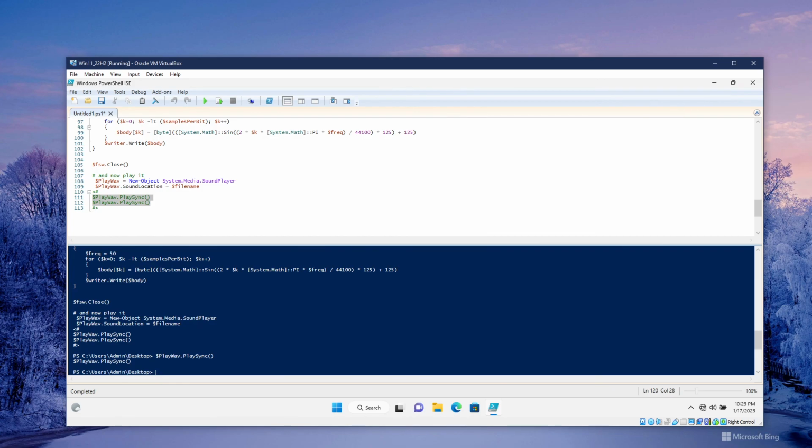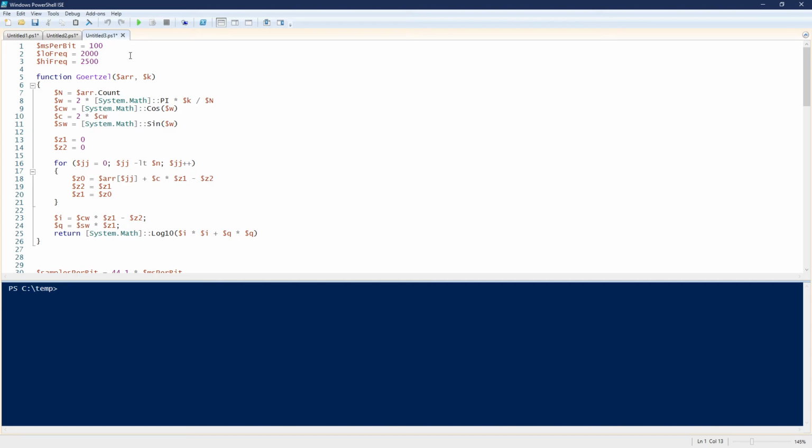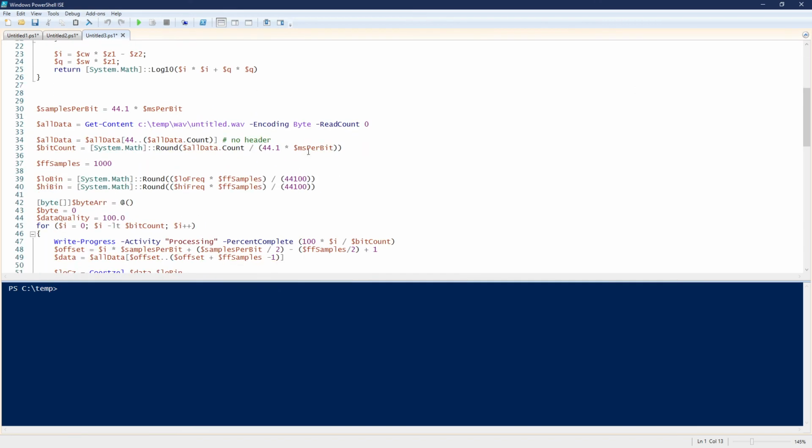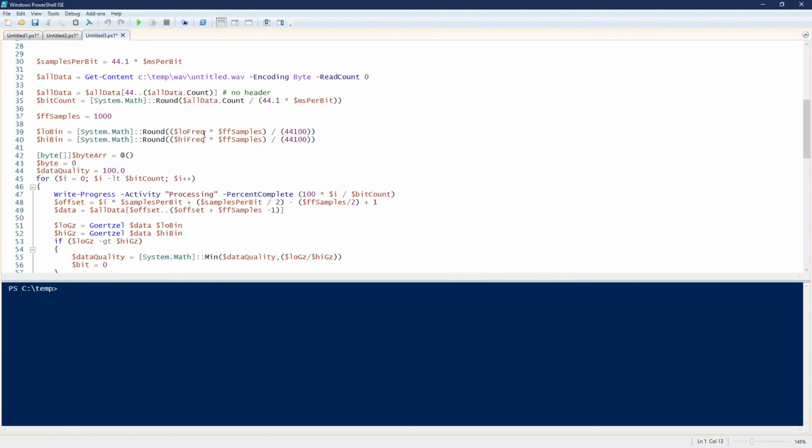Right now I have to decode it back to the data. So I'm providing the same information. I'm using here the Goertzel function. The Goertzel function is an algorithm answering the question of whether a frequency k appears within my data set, $ARR in my case. So what I'm doing actually, I'm reading the wave file into a set of bits, into an array. Then I'm cutting the header, and then I'm going through the